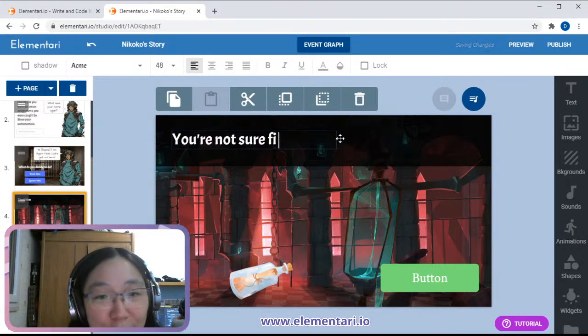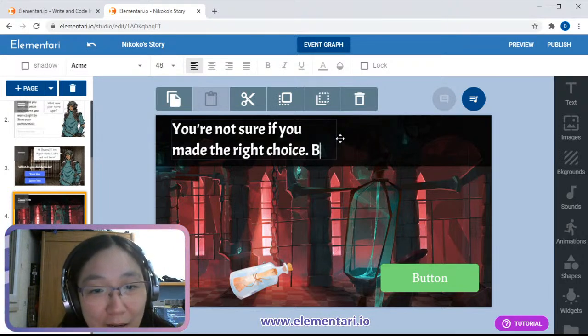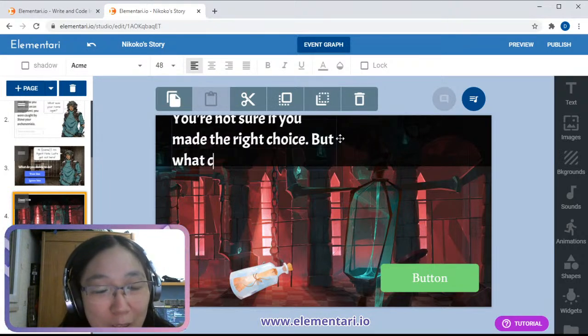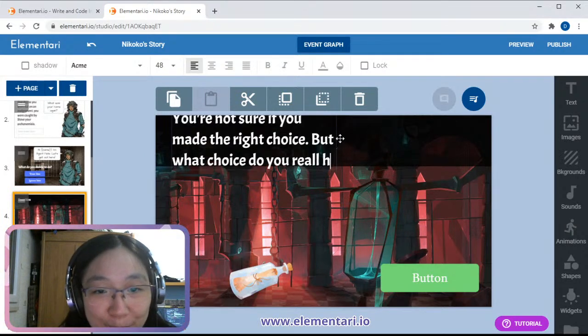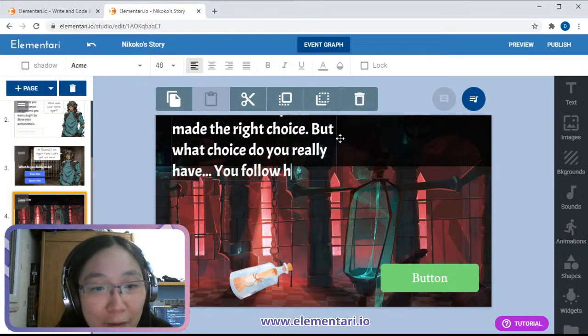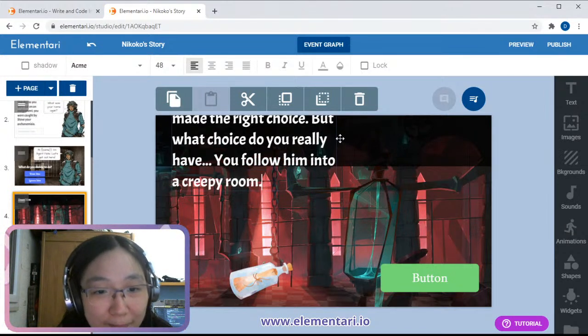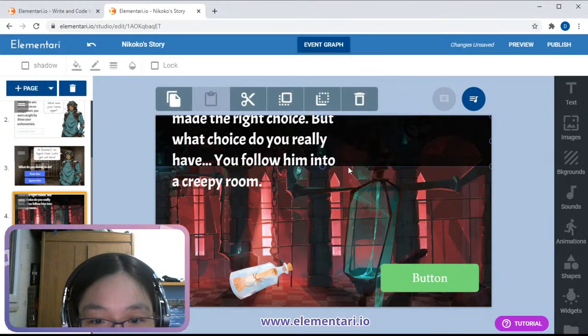You're not sure if you made the right choice, but what choice do you really have? You follow him into a creepy room. Okay, that's gonna be our text.